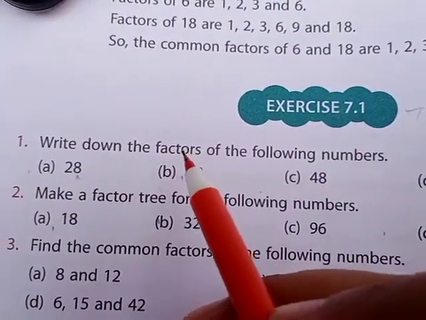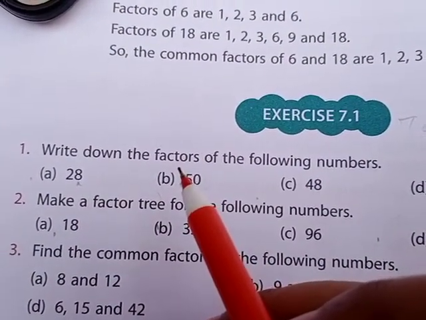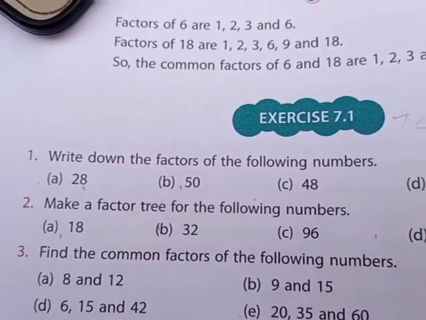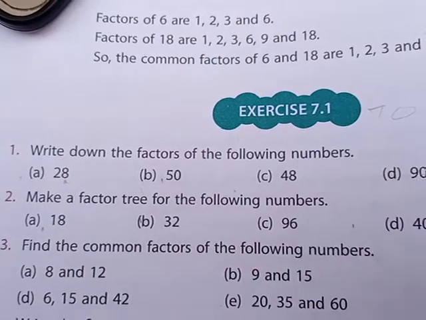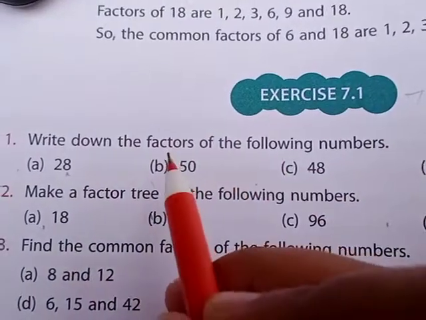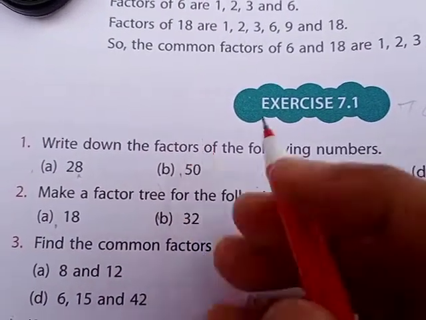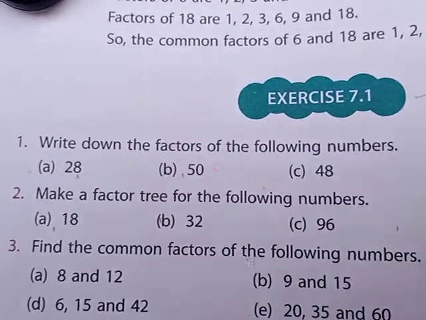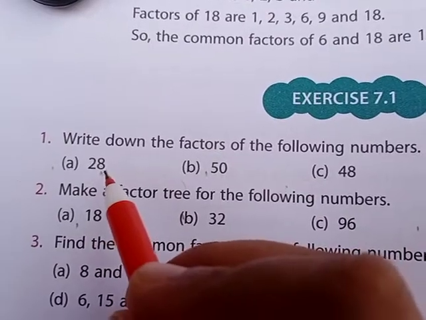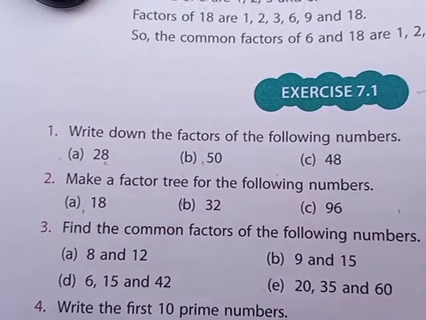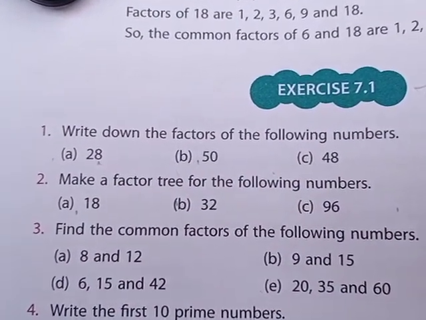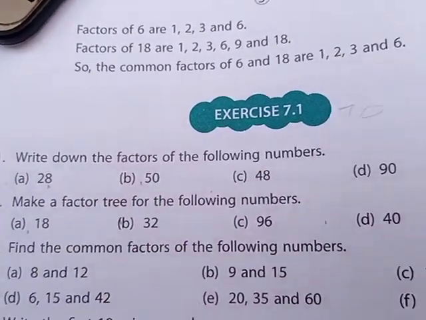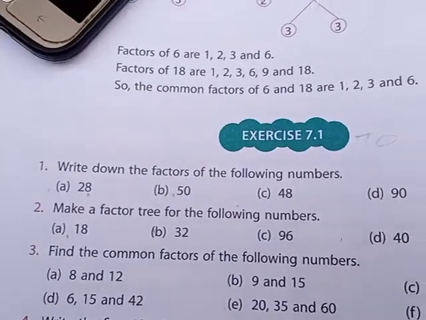Right now, I told you the meaning of factors in the clip which I shared yesterday, that factors refers to those numbers in which the given number will be divisible. So for understanding the concept of factors, we need to know some divisibility rules. You see, in the table of 2 this 28 will come. How will we understand that this 28 will come in the table of 2? For doing this question number 1, we need to know a few rules which are given in your textbooks.